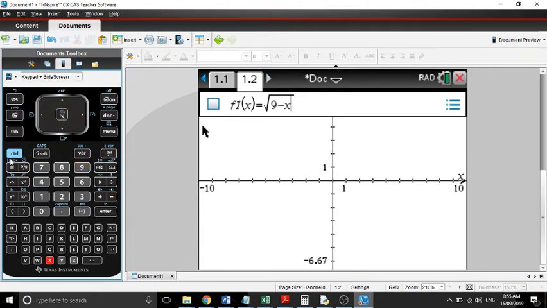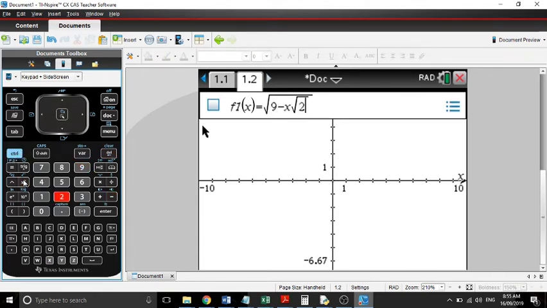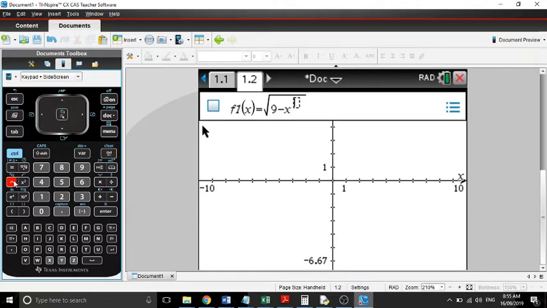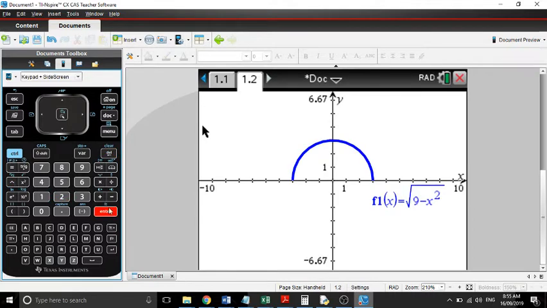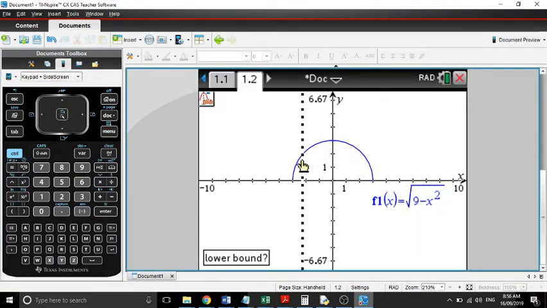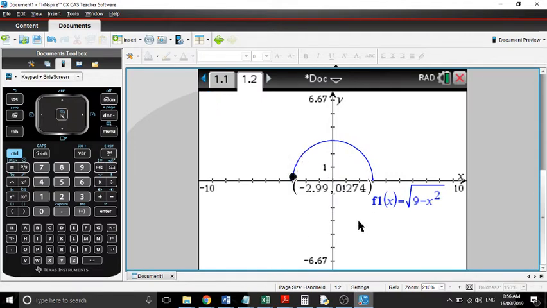Whoops, not square root. 9 minus x squared. Do that, and there we have it. So our domain looks like it's going from -3, but let's do some analysis. Let's analyze a graph. Let's look at a minimum. That's what we've got here. So we're going from -3